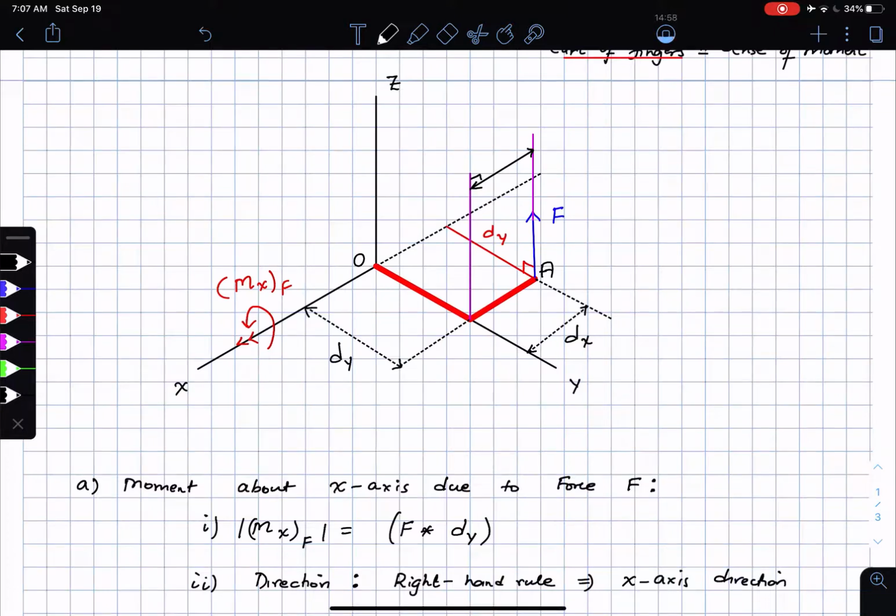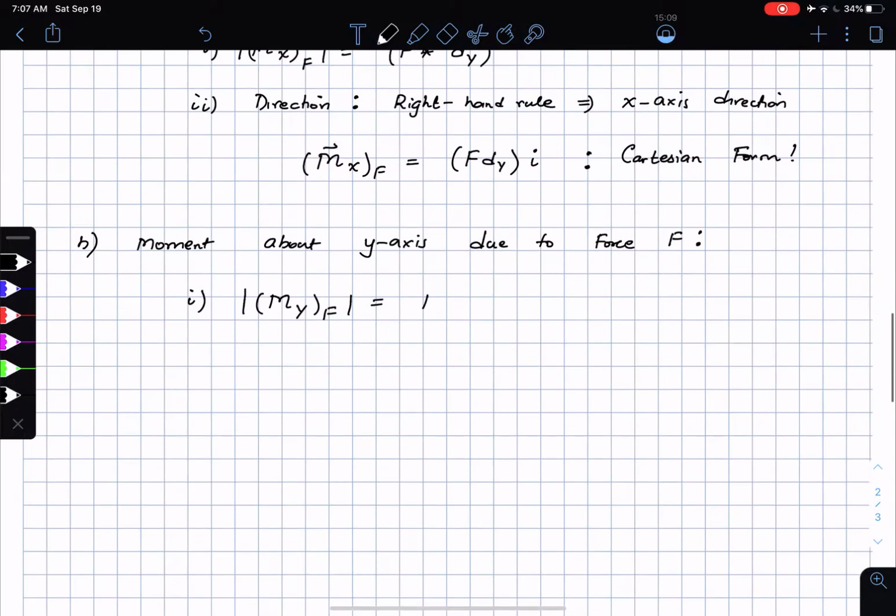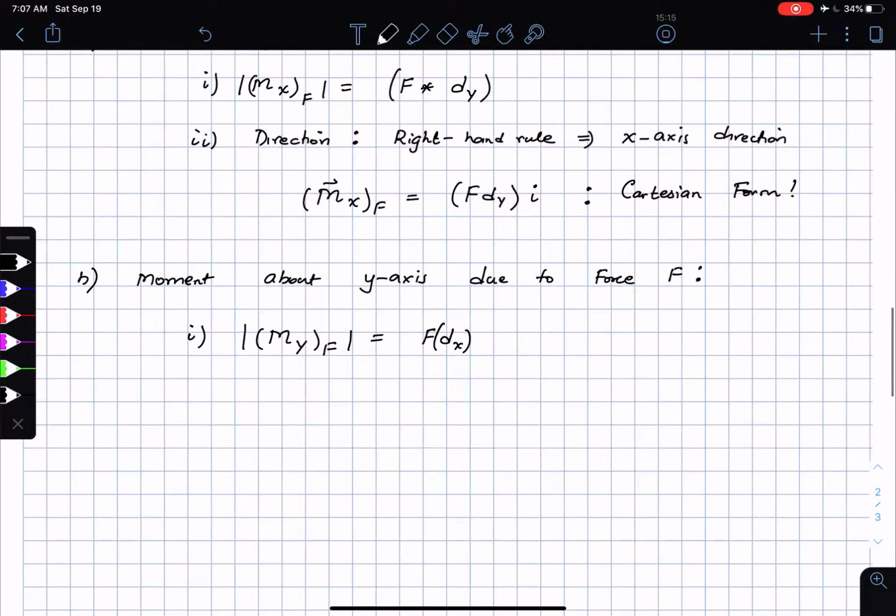This is a perpendicular distance, and this is d suffix x, which means the moment is F times d suffix x, and this is a moment about the y-axis. So this is going to be F times d suffix x. This is the perpendicular distance here. Let me write it in the same way that I had written the previous one. So this is F multiplied by d suffix x, and then the direction,